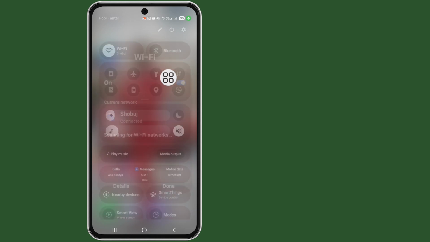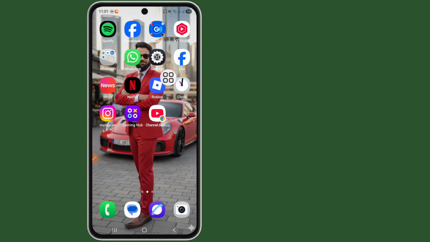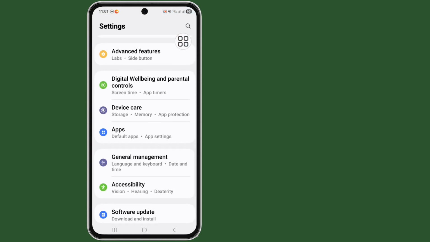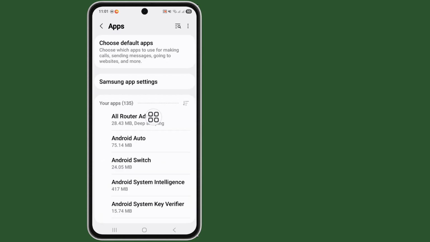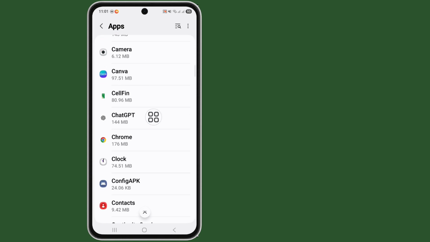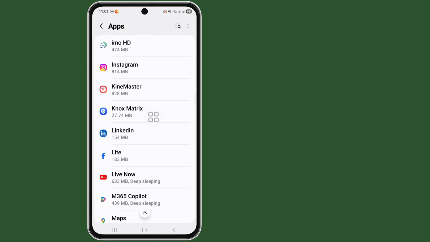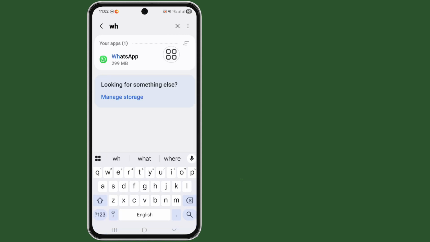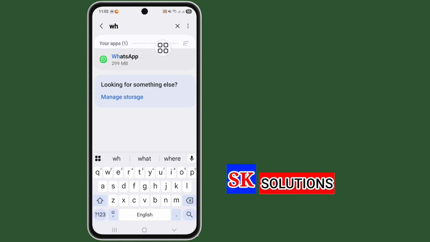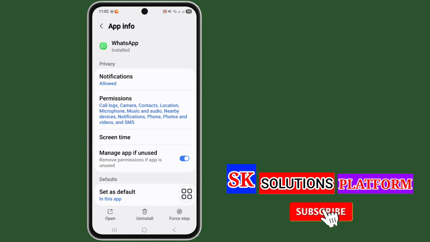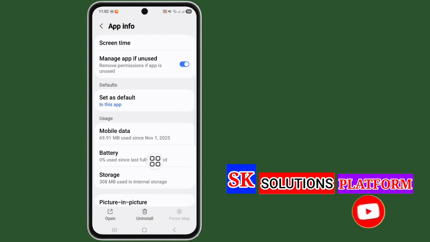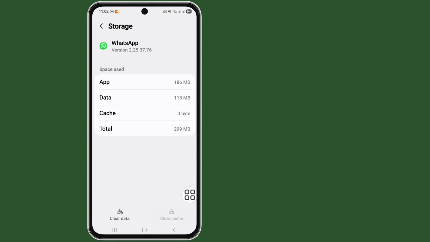Okay, go back and now click on the phone settings and scroll down. Now tap on the apps option and scroll down and now search WhatsApp and click on the WhatsApp and click on the force stop. Okay, scroll down. Now tap on the storage, clear cache, clear data, go back